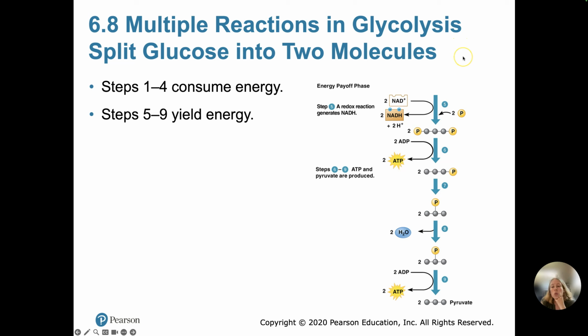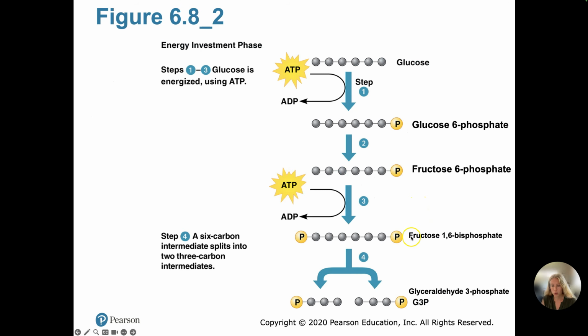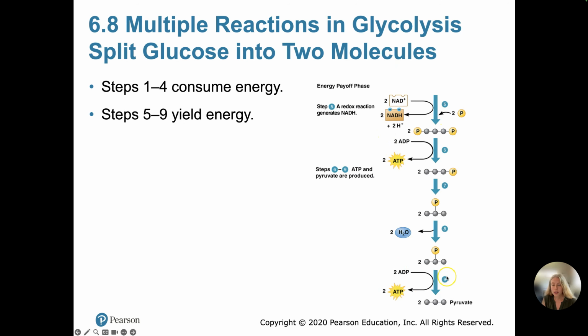In step 5, we're starting out with those 2 3-carbon molecules up here. In step 5, a redox reaction will generate NADH. And then in steps 6 through 9, ATP and pyruvate are produced. So notice in steps 5 through 9, every molecule has a 2 in front of it. That is because if we take a look at what went into this, we have those 2 3-carbon molecules. Each one of those 3-carbon molecules will then go through steps 5 through 9. So that is why there's a 2 in front of everything, because 2 G3P molecules will go through all these